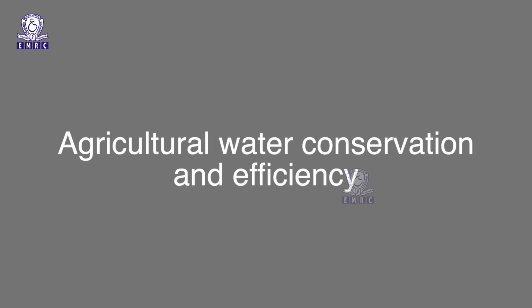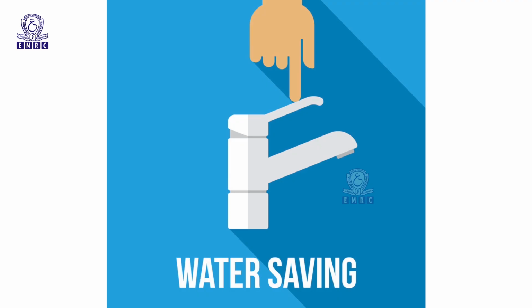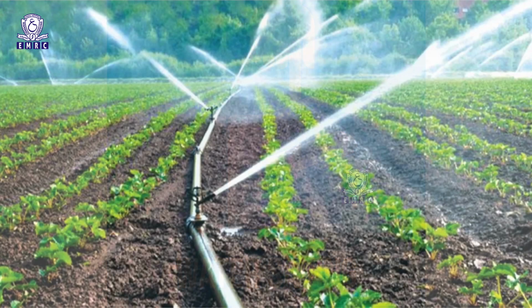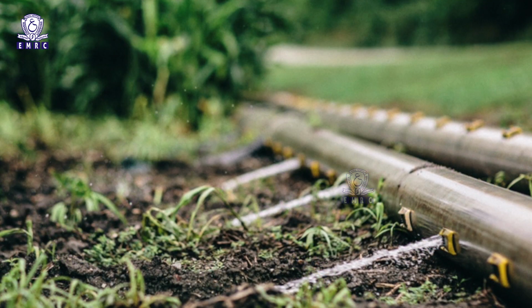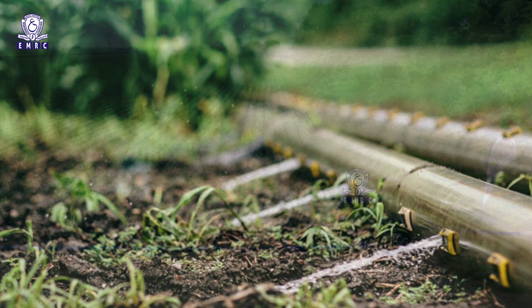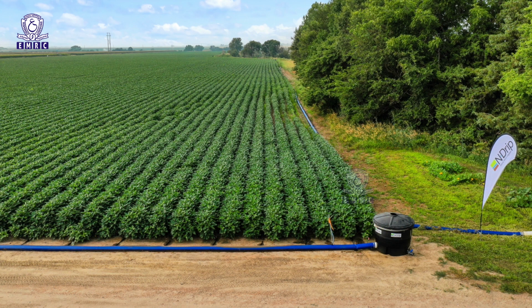Agriculture, water conservation and efficiency. Agriculture is the largest consumer of Earth's available fresh water, accounting for 70% of withdrawals worldwide. Strategies for better water management in the agricultural sector focus on increased water efficiency and reduced consumption. These include improved irrigation techniques such as switching from flood to drip irrigation, which alone can cut water use by about 20%, as well as more precise irrigation scheduling to adjust the amount of water used at different stages of